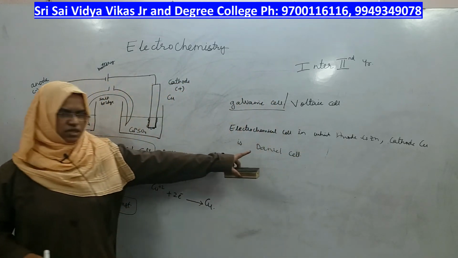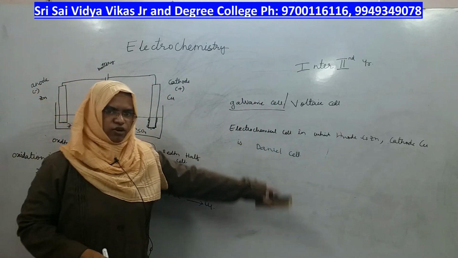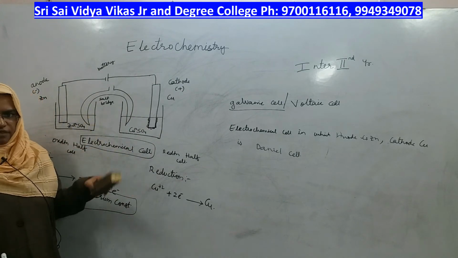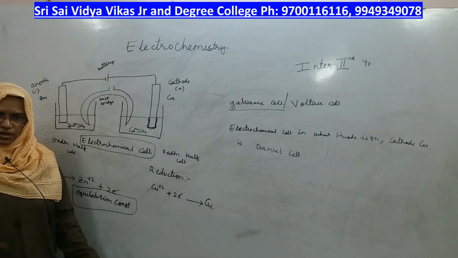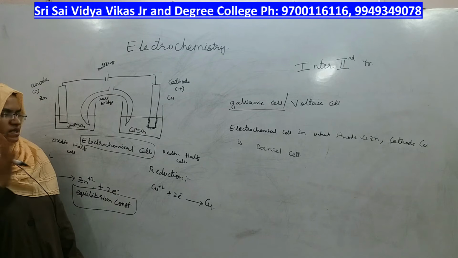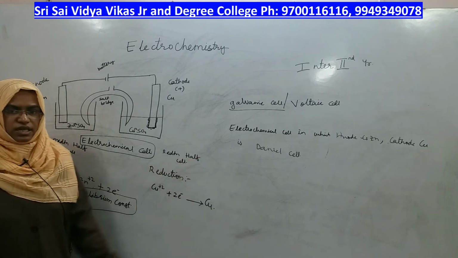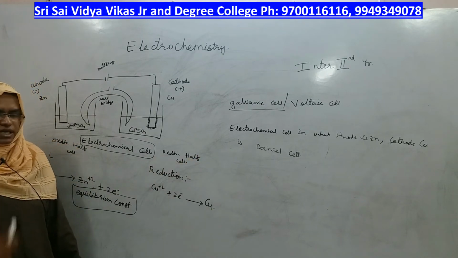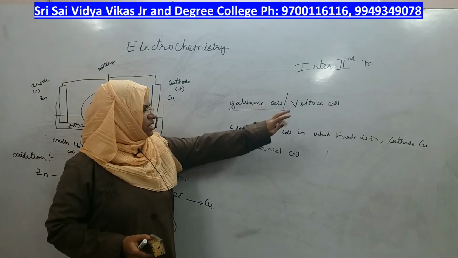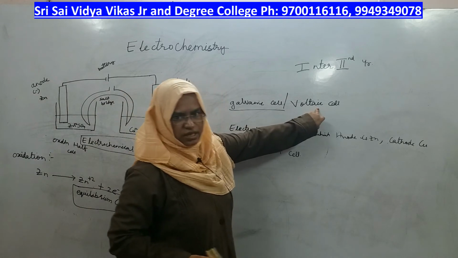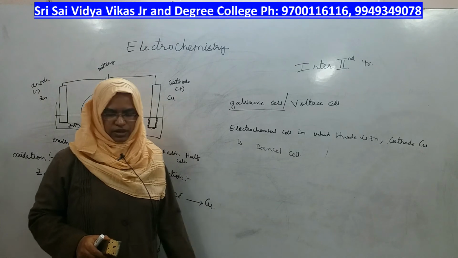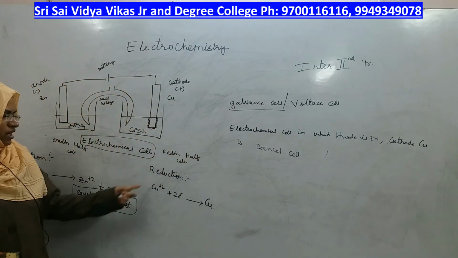So, to give the demonstration of Daniell cell, in the beginning itself, for the electrochemical cell, I have taken zinc and copper as the combination. This is the general electrochemical cell and this is only the Daniell cell, right? In the Daniell cell, metals should be zinc and copper only, but in the electrochemical, galvanic or voltaic cell, you can take any combination of metals apart from zinc and copper, right? Please copy this diagram and the reactions.